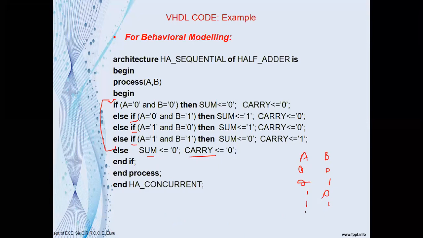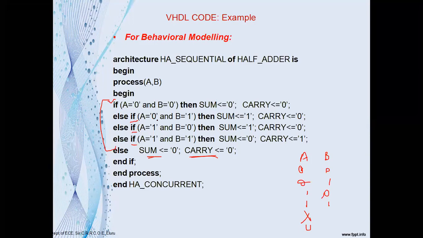But there are chances to have an input of the don't care condition. Sometimes you may have the don't care condition, and sometimes you may have the unknown value u. If you have not specified the A input value, then it could be an unknown value or a don't care condition. In such cases, what is the expected output? The sum must be 0 and carry must be 0. If the given conditions are satisfied, then assign the values for sum and carry accordingly.